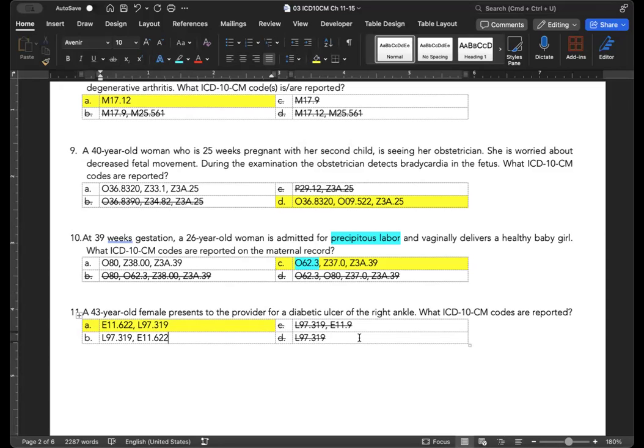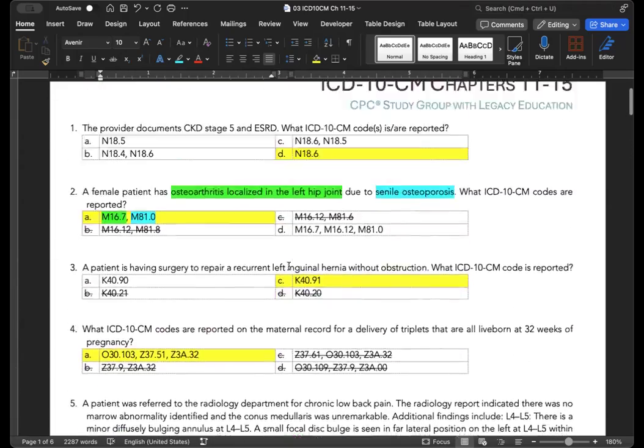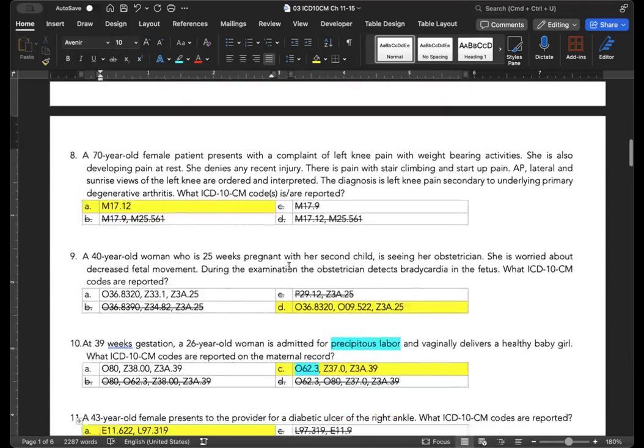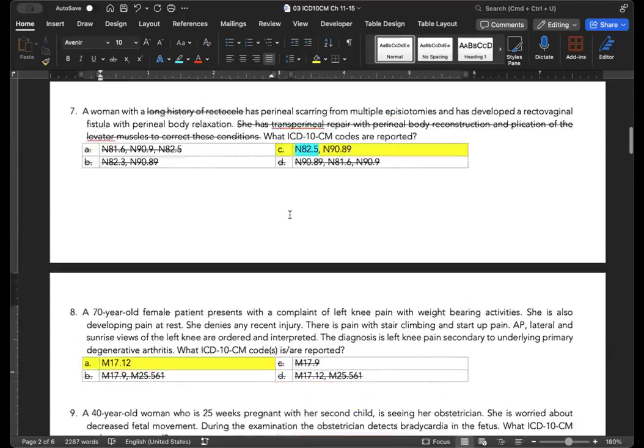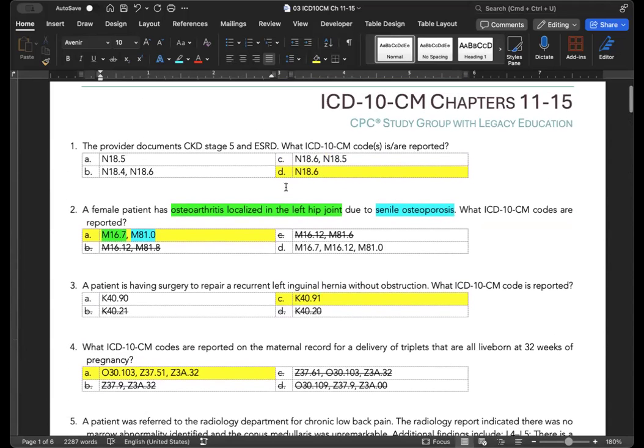Okay. We went through them fairly quickly tonight. But I wanted to go through everything by process of elimination tonight versus doing some from scratch, because I know a lot of you are really concerned about timing. Now, had we not sat and had conversations around all of these, we probably would have been able to do 10 multiple choices in like 20 minutes, right? So that just goes to show that if you're doing your process of elimination correctly, that will help